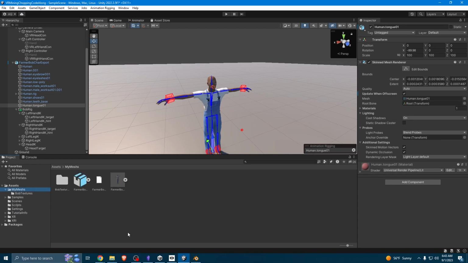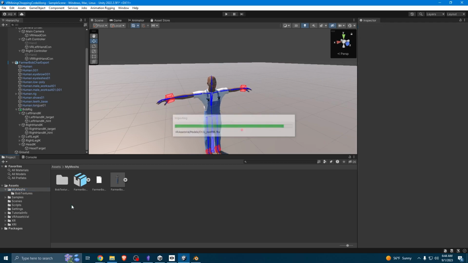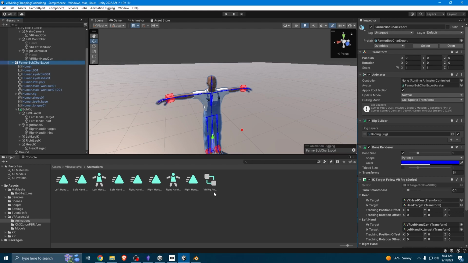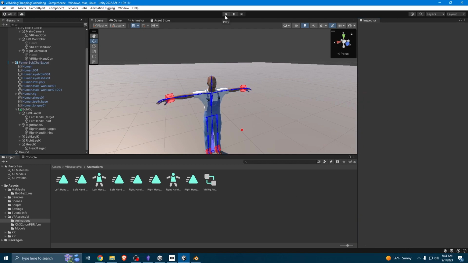We're gonna go to my mesh and let me add in his animator real quick. Alright, so the animator should be loading in. I'm gonna go under animations, and here we go. We also have 2 of the masks that this animator uses. So let's go ahead and set this animator up with our character. We're going to click the farmer and just drag and drop this animator controller, and now we're going to